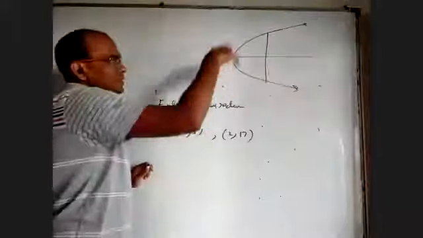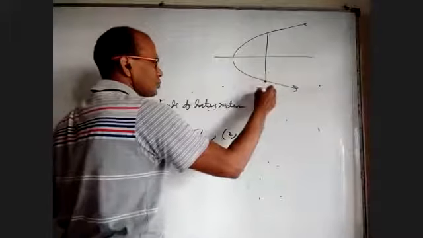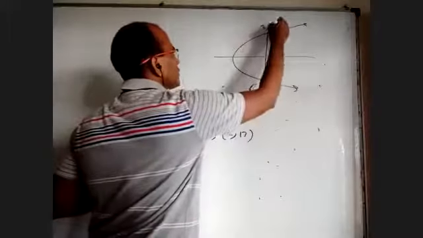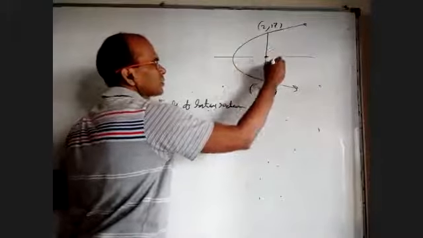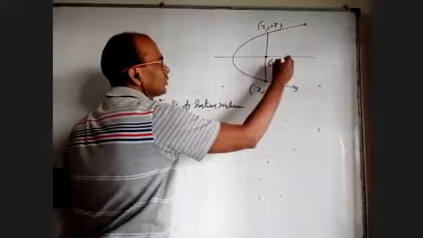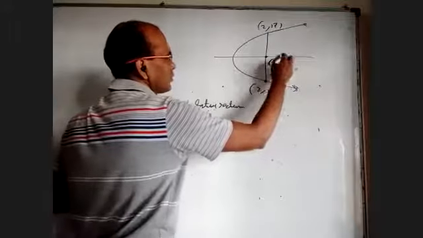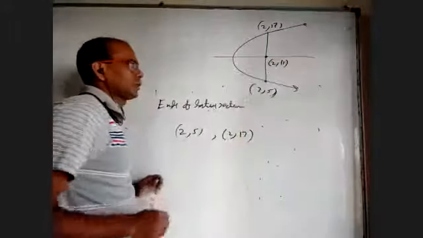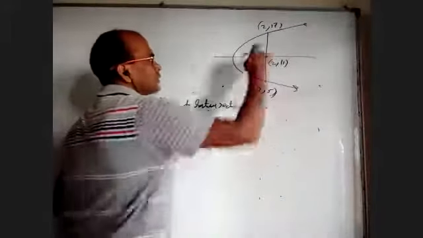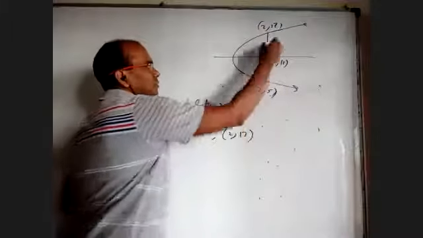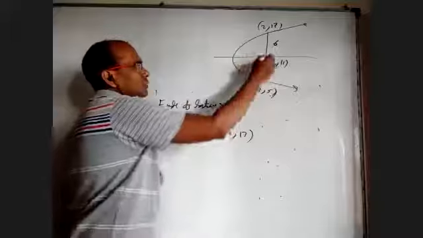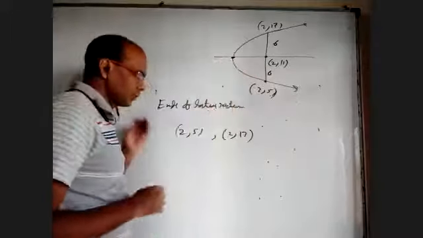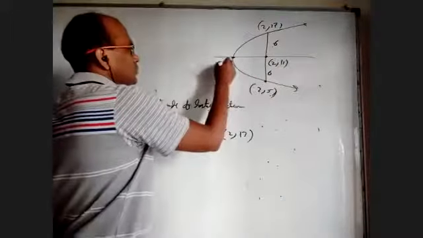Okay, these both are in the same vertical line, where this is (2, 5) and this is (2, 17). If they are the ends of the latus rectum, the midpoint will be the focus, which is (2, 11). Right? This is 6 units, this is 6 units. But that is 4a, so I have to go 3 units backward. So when I go 3 units backward, it will be (-1, 11).